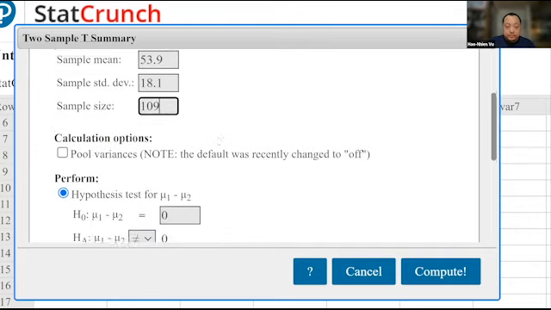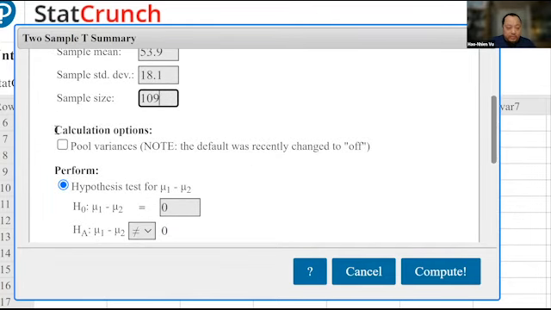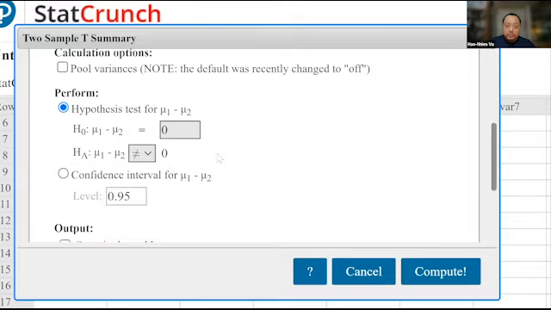Scroll down, and you see this checkbox here for pool variances. It defaults to off, and that's equivalent to the pooled no on the TI and Casio calculators. We're going to leave it off. Further down, it's asking what we want to perform. Do we want to perform a hypothesis test, or do we want a confidence interval? We want a hypothesis test